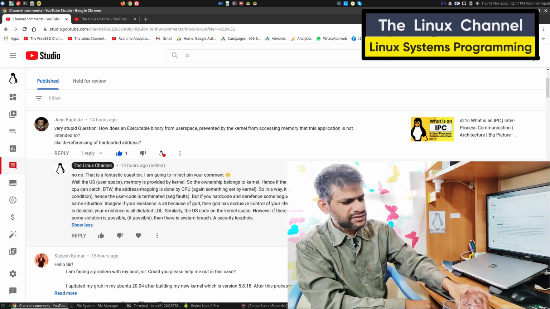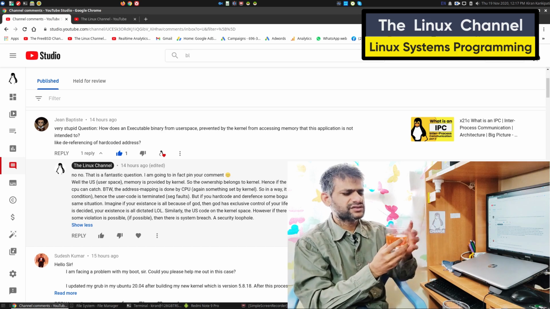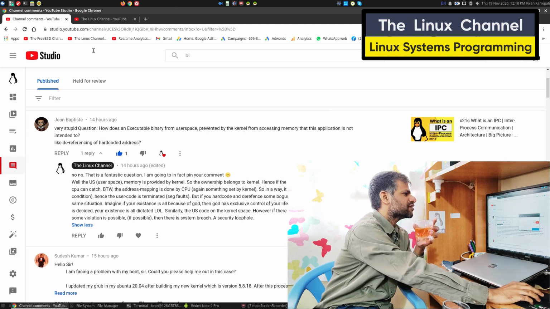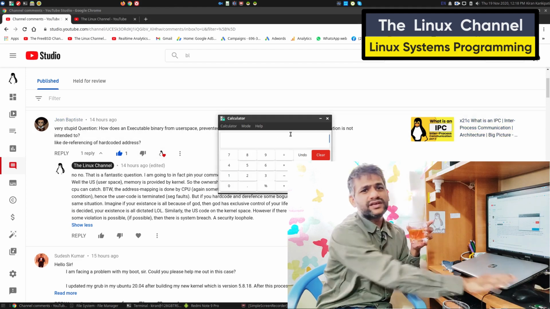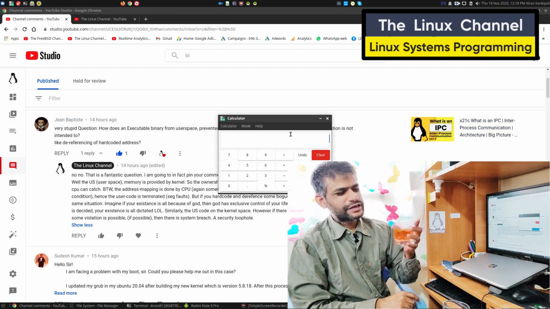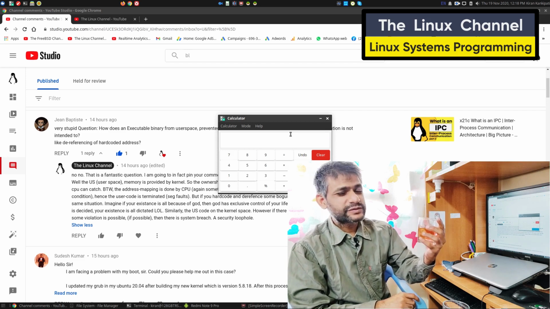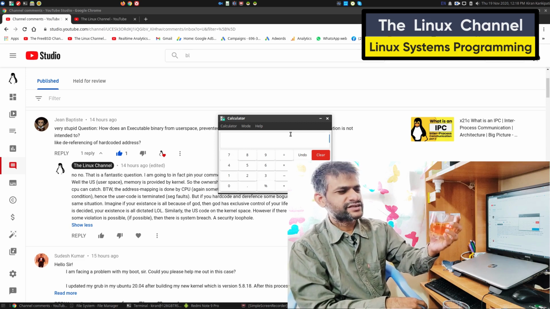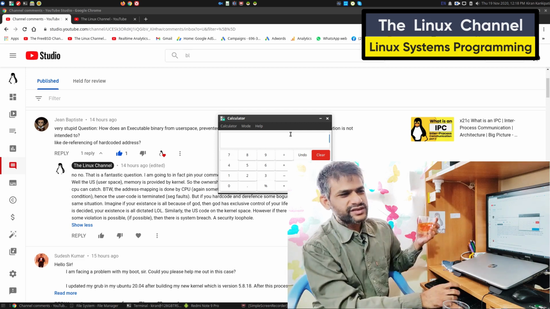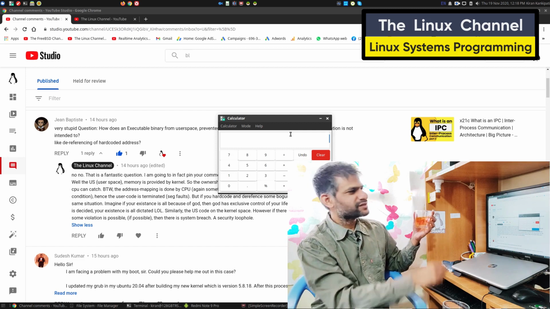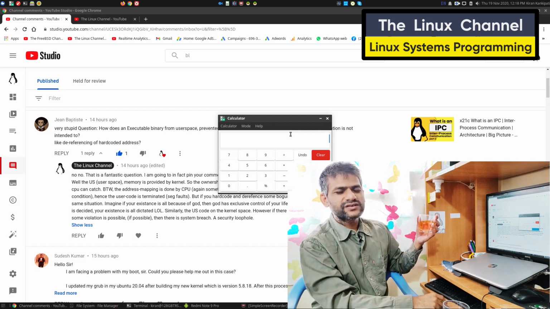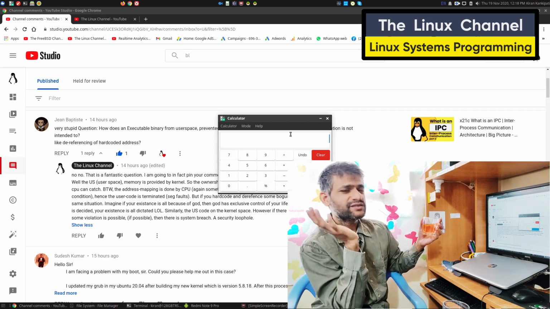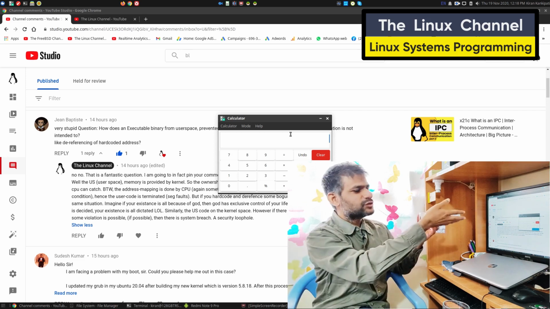And so in user space, whenever you spawn a process, you start a new process, like see, I am opening this calculator application. Whenever you spawn a process, this is one confusion many system software developers have. They think about this fork command and all that. I'm saying every time you do anything in the UI, even when you are spawning processes from this UI interface, you are not doing it through some fork command. That is one way of doing it. This is also doing the same thing that happens over there. Through the UI you do that.